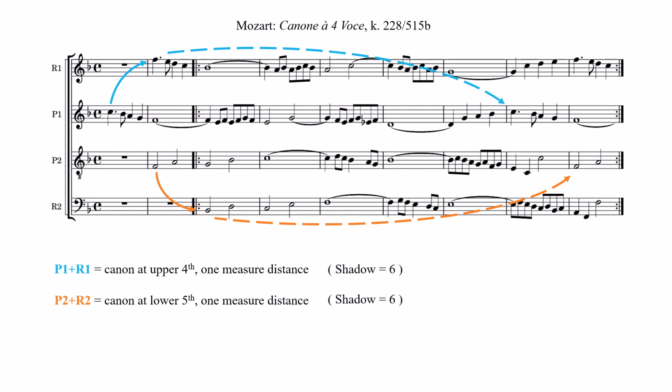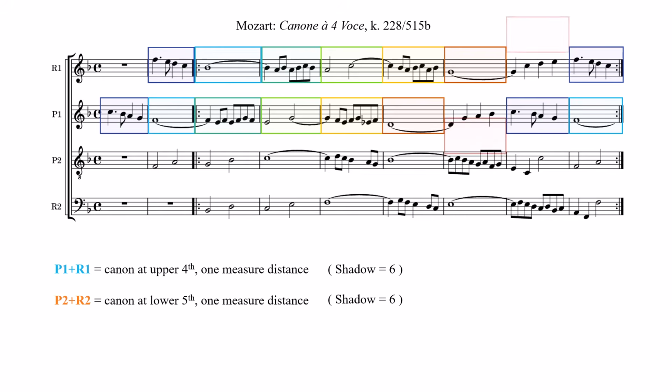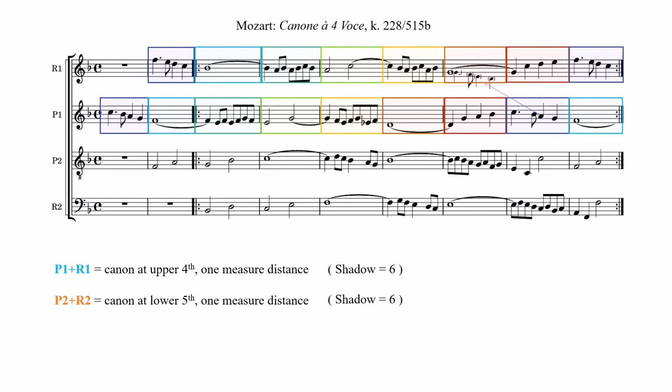For the P1 and R1 canonic combination, we can find the doubly constrained section by applying our conveyor belt analysis. In this case, the material in the red box must work below the precomposed material in the orange box in measure 7, and above the precomposed material in the purple box in measure 9. We can find the placement of the imaginary voice by shifting the notes of the purple box back 1 measure in order to undo the distance of entrance of the canon, and down a perfect fourth, which undoes the interval